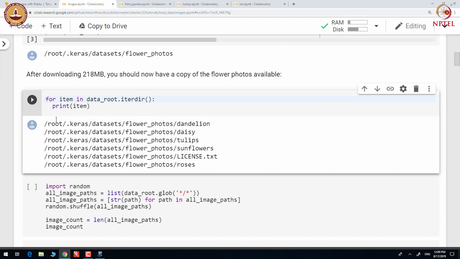You can see that there are directories like dandelion, daisy, tulips, which contain images of the respective flowers.